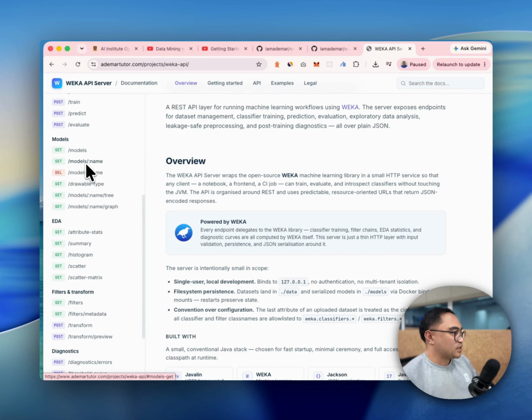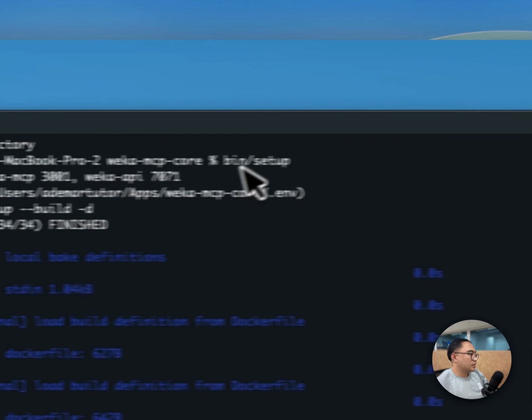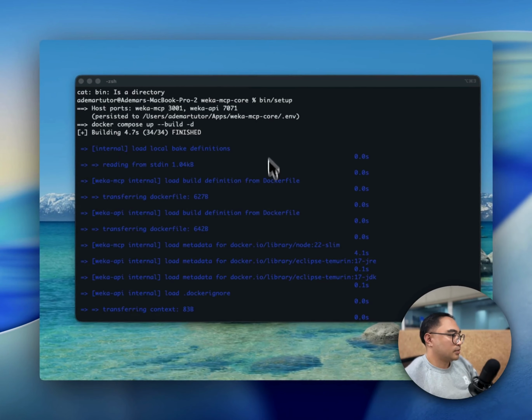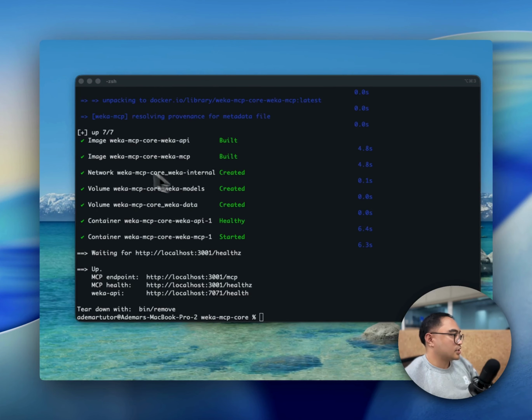So the next step is for me to demo how this actually works in the real world. What you need to do to initially set up is download the repository and then run bin setup on your terminal. So you should be seeing something like this. Once you download the repository and run bin setup, it's going to log all the things that it's done, and at the end of it, it's going to set up on Docker, and then it's going to give you specific endpoints. What you should be looking for is the MCP endpoint, which is localhost 3001 in this case, and then you copy that,